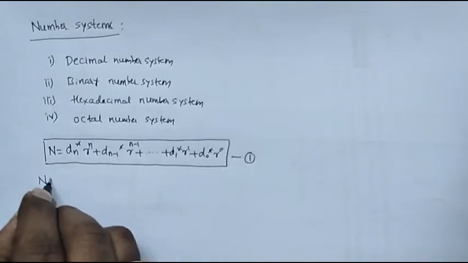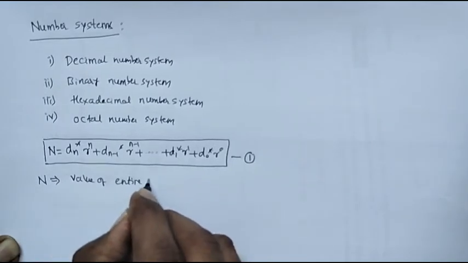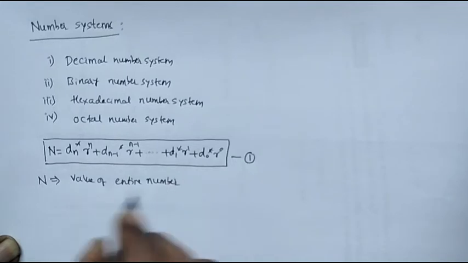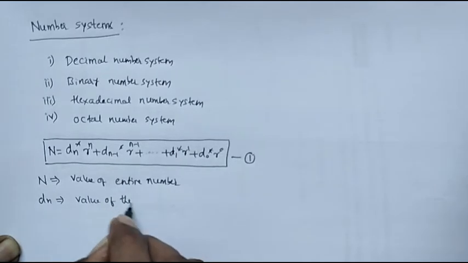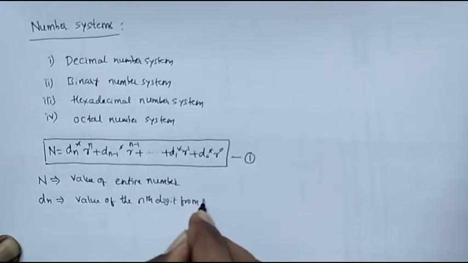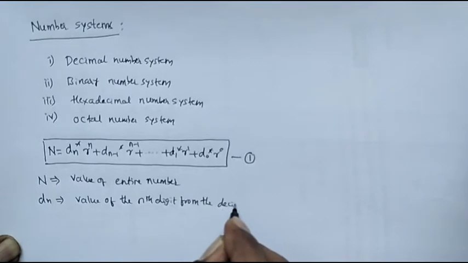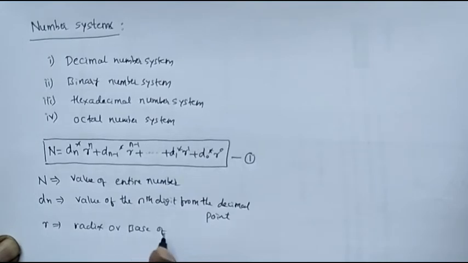Here N is value of entire number, dn is value of the nth digit from the decimal point, and r is radix or base of number system. For example,